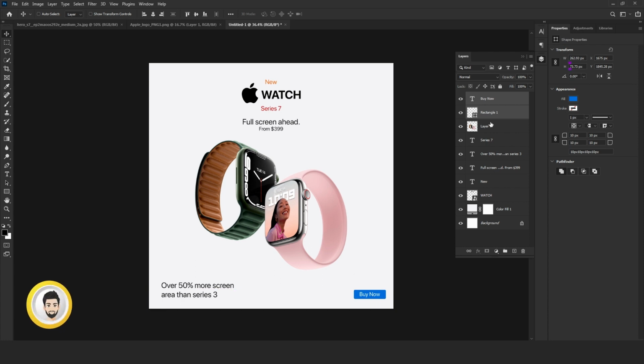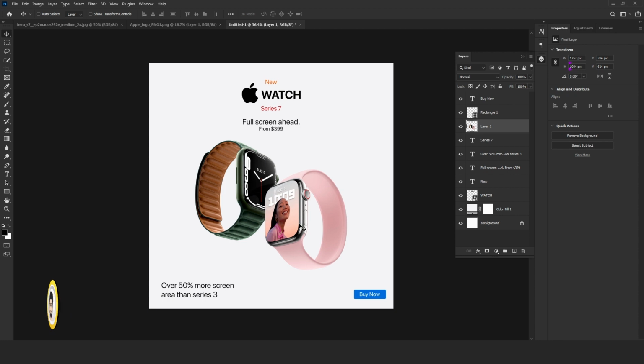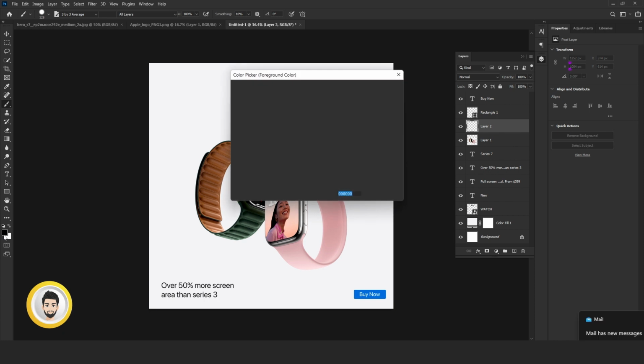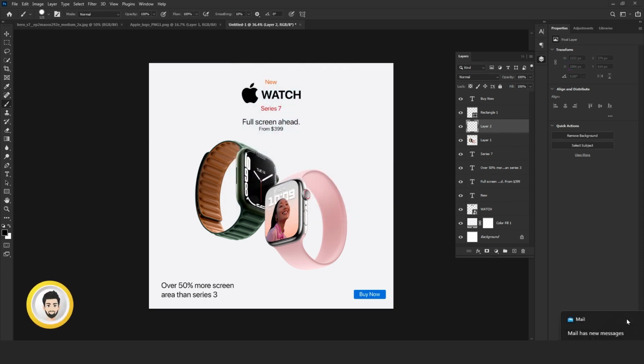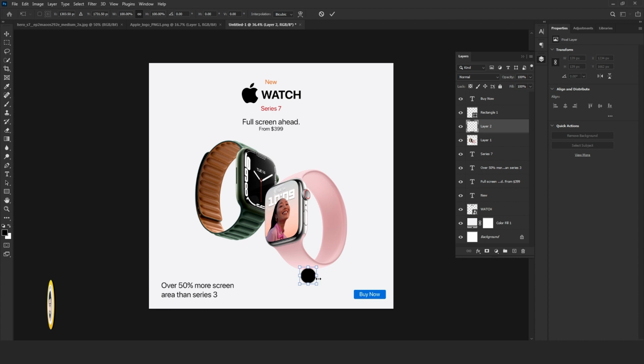Now we have to create the shadows of our product. I am creating a new transparent layer. Pick the brush tool and make sure your foreground color is black, and just draw a circle and transform it into an ellipse shape.